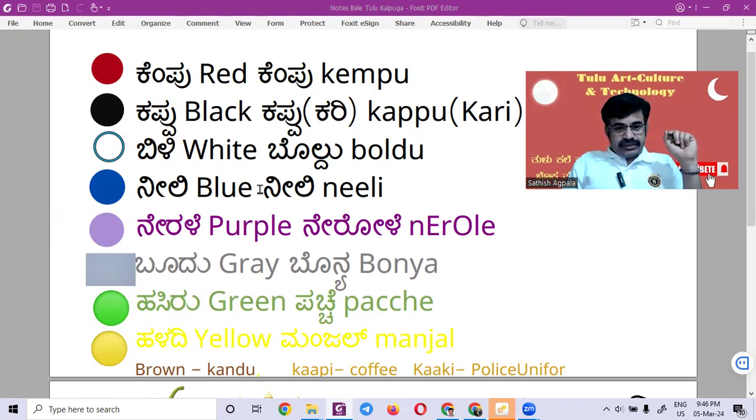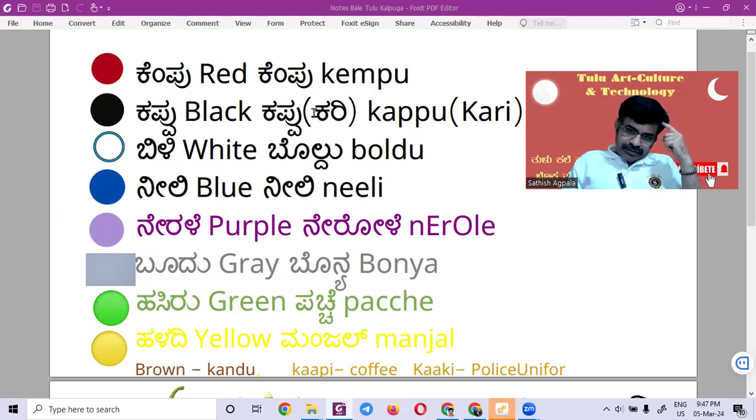Okay, hope you remember all things. Now we'll tag one color to any things or materials to remember easily. Okay. Kempu. What are the kempu? Blood color. Blood kempu. Cherry. Apple. These are the red. Kappu. Curry. Coal. Hair.